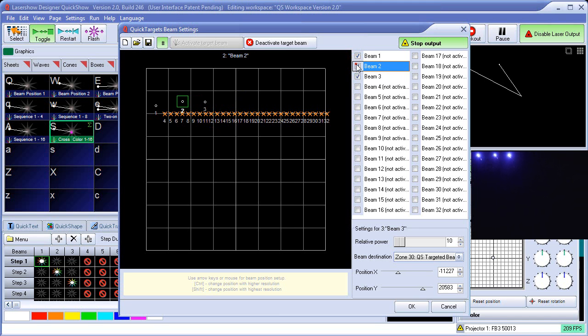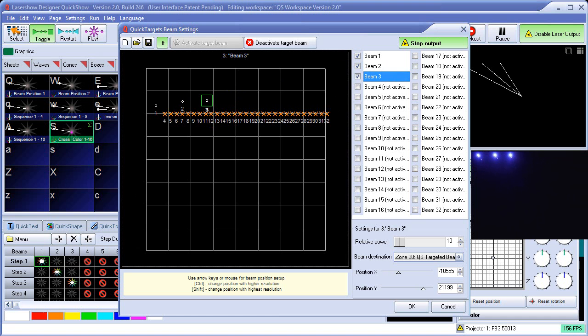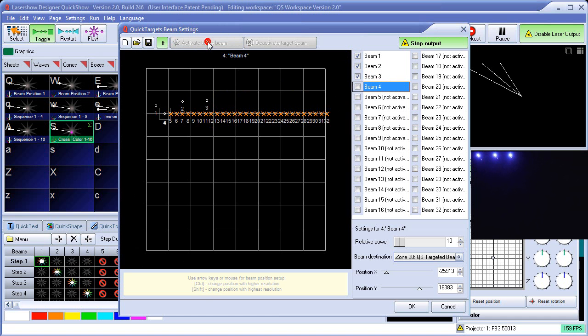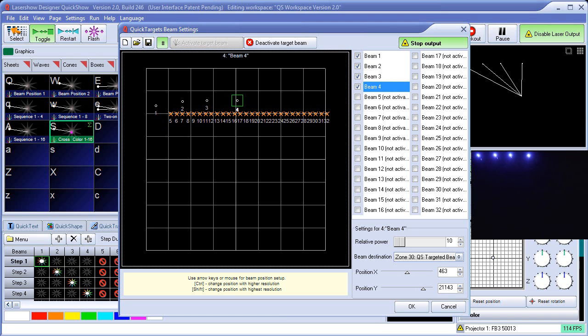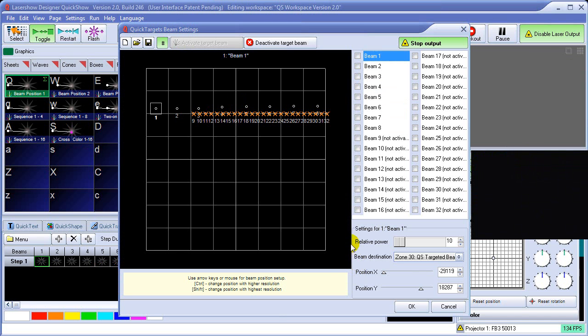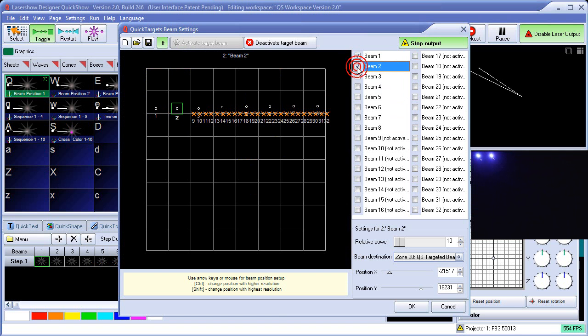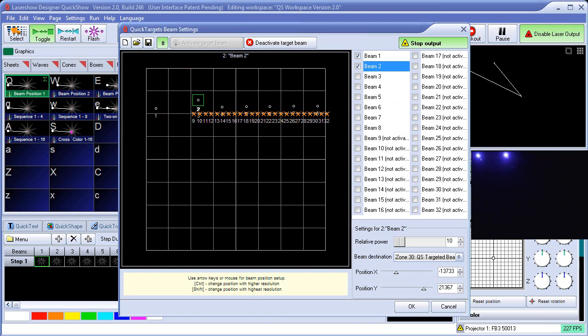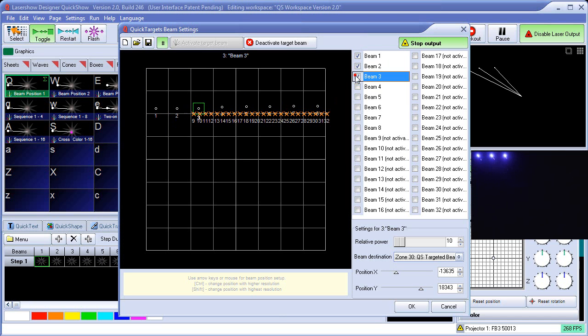Turn beam 2 back on just so we can see that. Beam 4, we'll go ahead and activate that, turn it on, and then move that into position. Once we're in this Quick Targets Beam Settings window, you can enable the laser output and then enable these beams one at a time, move them around, turn on as many as you want while you're doing the alignment,